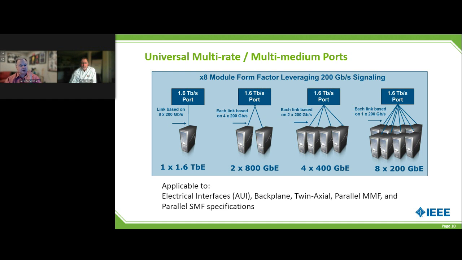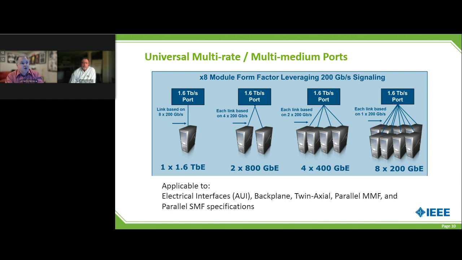So you could use those fibers either as the total link, and that's kind of what we're illustrating here. So imagine you have a 1.6 terabit port. You're using all 8 fibers times 200 gig to give you 1.6. You might break that down, and you might want to say, I don't need to use 1.6 capacity at this point. What I really need is a higher density solution for 800 gig. So I can split up those 8 lanes and create 2 Ethernet ports of 4 lanes.